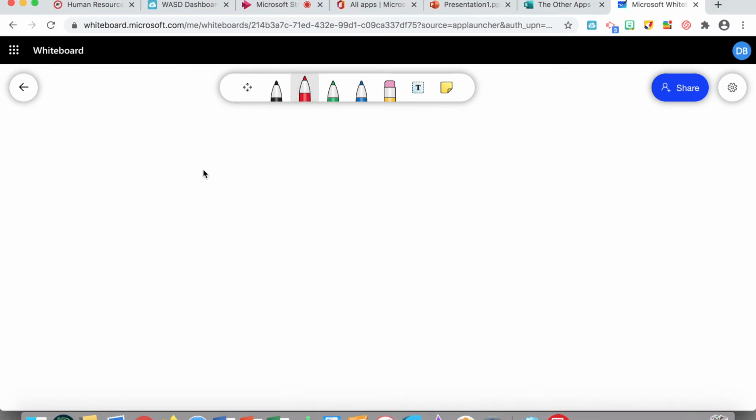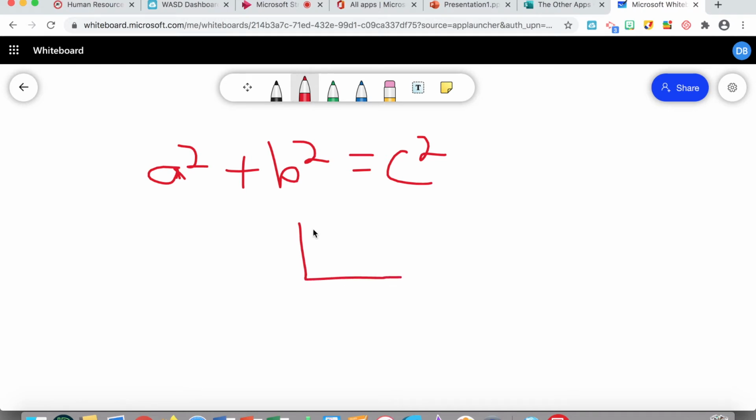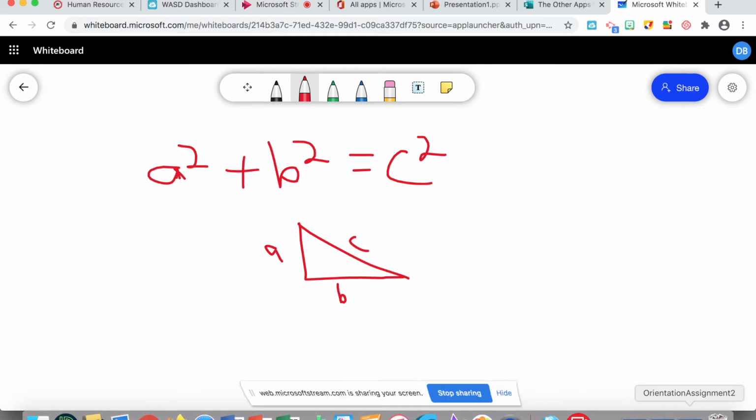concepts in math using a whiteboard, right? a squared plus b squared equals c squared. Pythagorean theorem. Could discuss through that. Once you're done with your screen recording, you're going to click that and you're going to